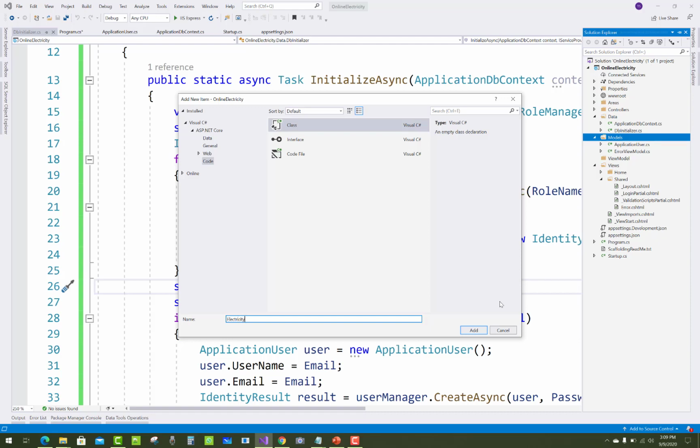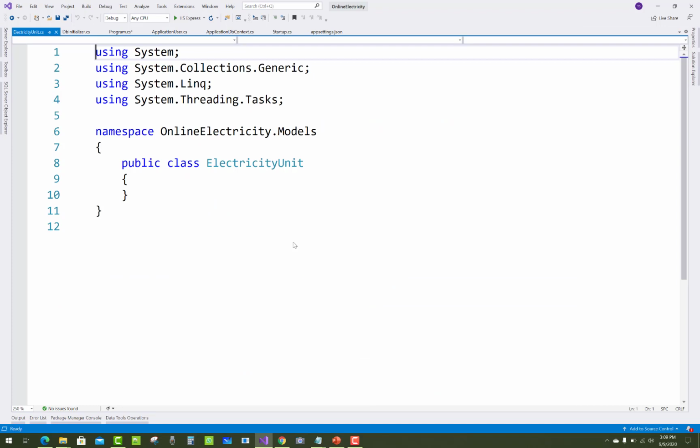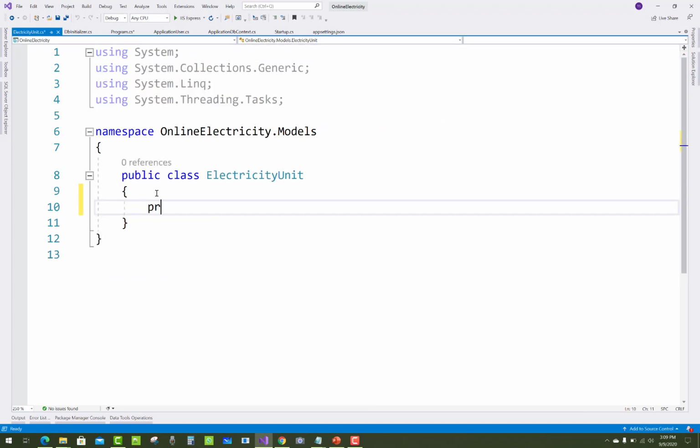After that we create a new model, the ElectricityUnit, in which we can update the unit price.